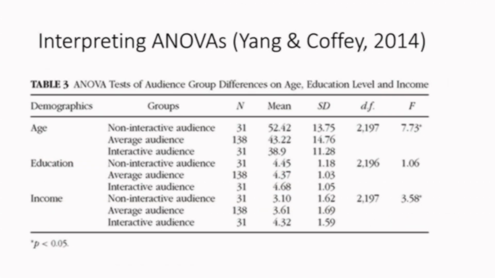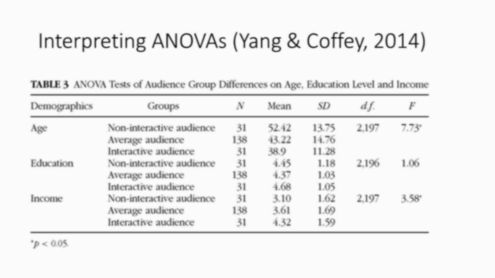Interpreting ANOVAs. We will be getting into analysis of variance. We will be getting into ANOVAs here. An ANOVA is usually used in experiments because we're trying to tell and pull apart differences between groups. And so here we're looking at audience group differences on age, education, and income. And so we have three groups here: non-interactive audience, average audience, and interactive audience. Those are three audiences, and what we're trying to do here is we're trying to see differences. And so we can see here for age, we